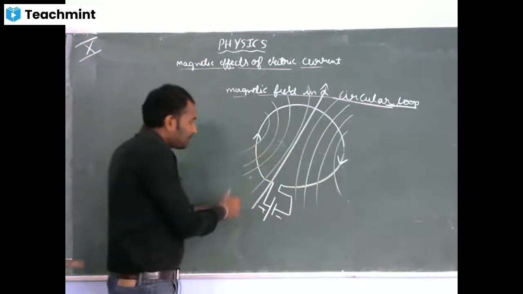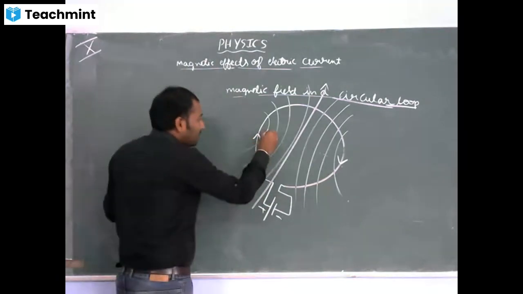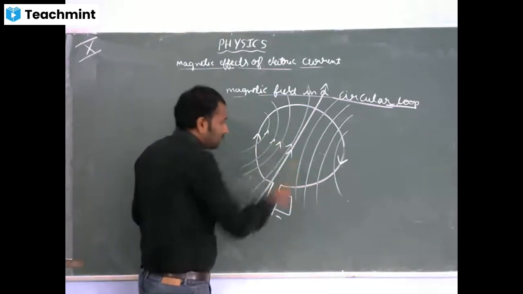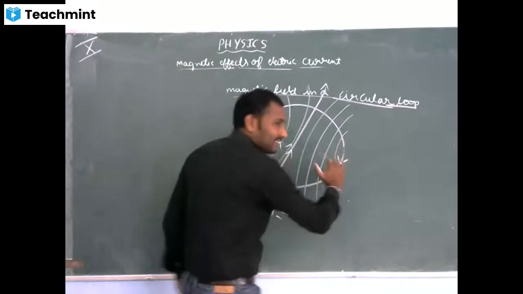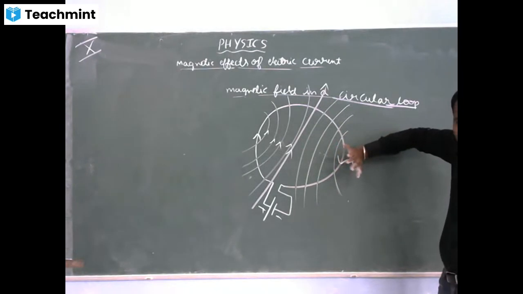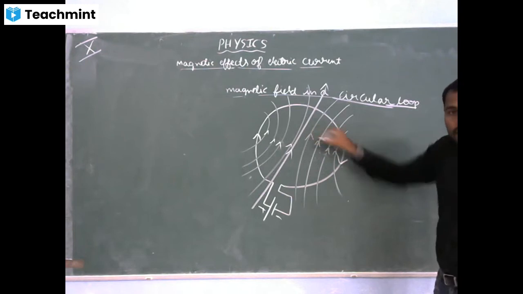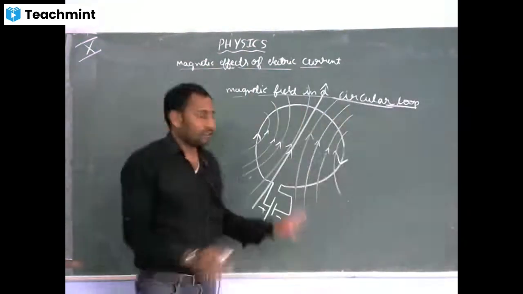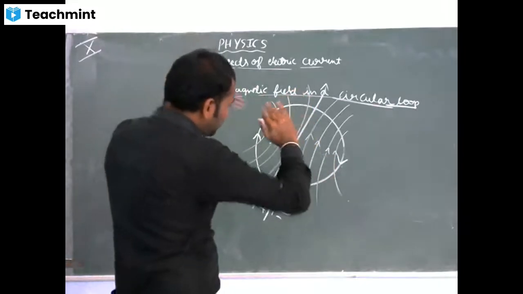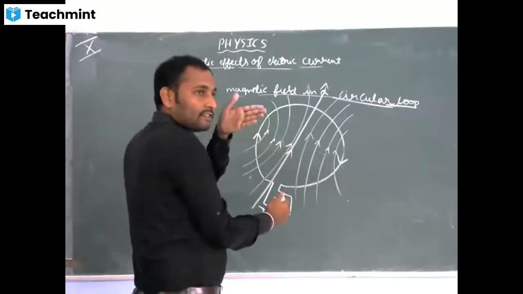So now tell me, it is going like this, here it will merge. So the direction will go like this, right? So now come this side. This side also, current is going down, magnetic field lines will move inside. So magnetic field lines will move inside. Clear? So just see the diagram. The magnetic field lines are merging in. If they are merging in, which side is it?